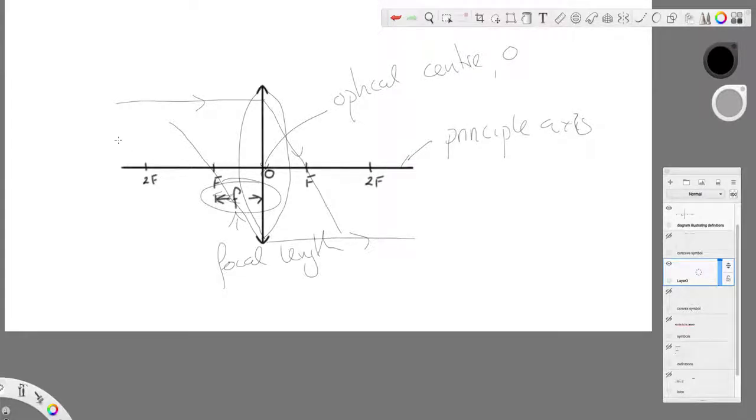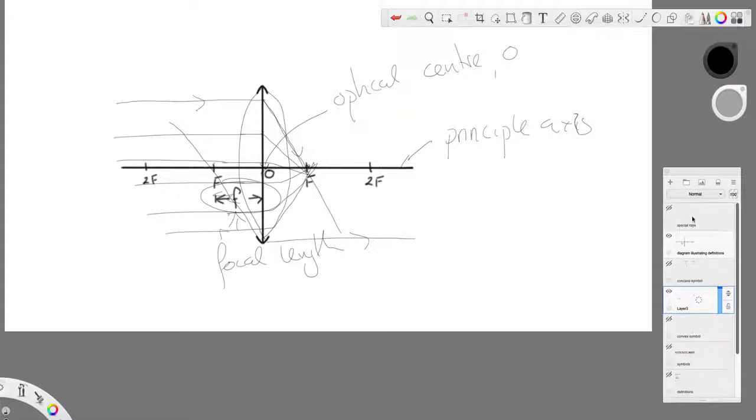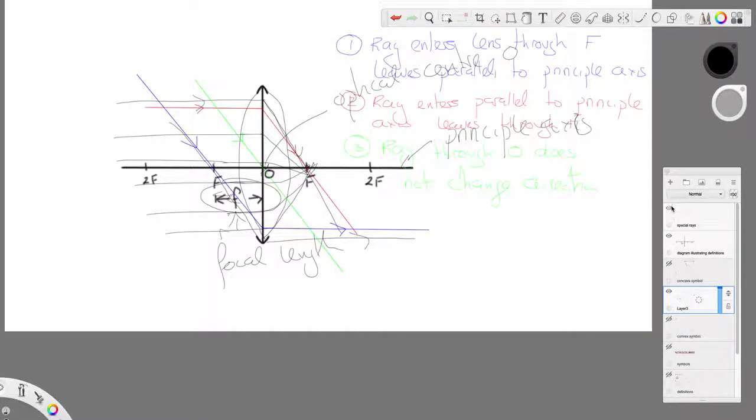So you can imagine if there were lots of rays coming in parallel to the principal axis, they'd all come out through here. They'd all be focused on this one point. Right? So that's those definitions kind of in one diagram. Now,